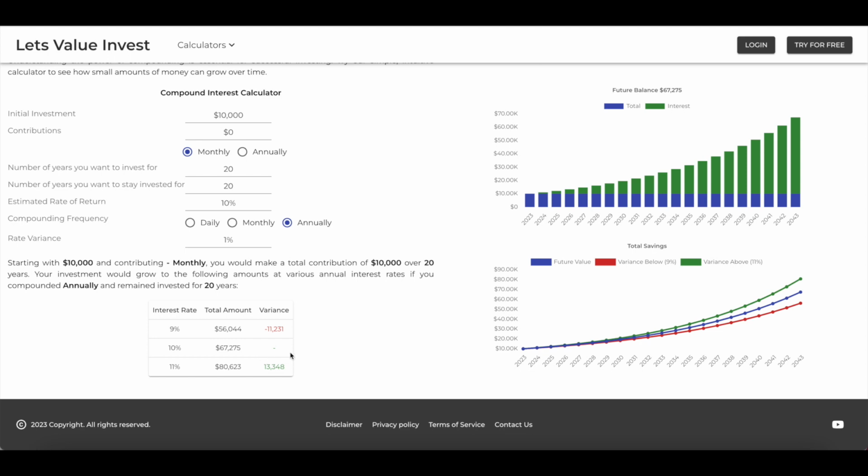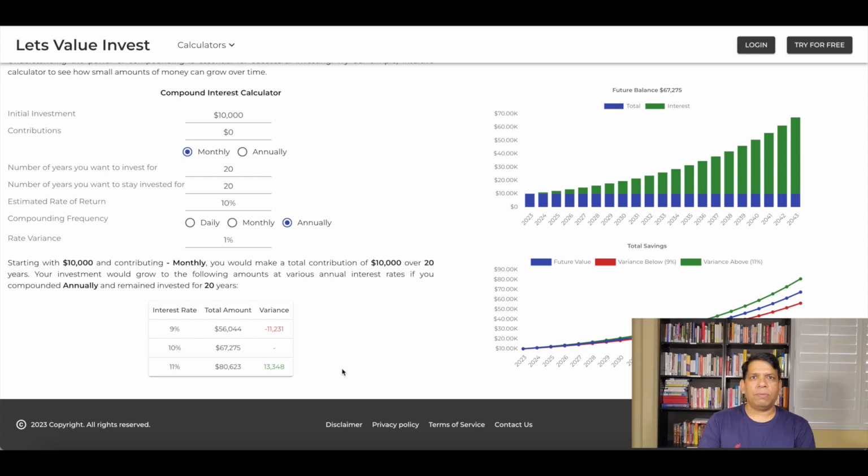As it is evident from this table, not only would you be making $11,000 less than your friend, but you would also be paying a total of $11,000 plus $13,000, which is $24,000 in total to your active fund manager in fees alone. See what a mere 1% can do to your finances. And imagine the scenario when your active fund doesn't beat the index.